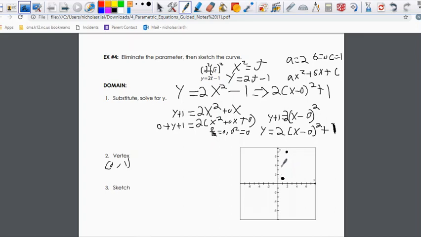So, sorry. So we have a vertex at 0, negative 1. 1 is going to be 2, 1 squared is 1. 1 times 2 is 2. 2 minus 1 is 1. So we're going to have a point at 1, 1. We will have